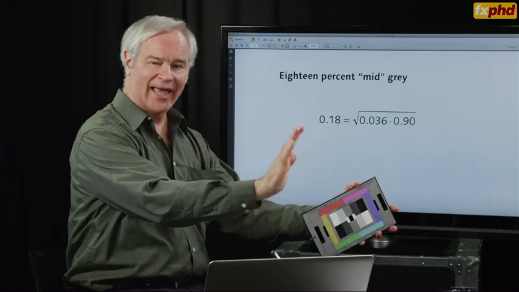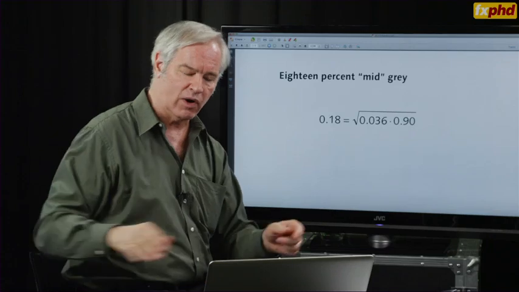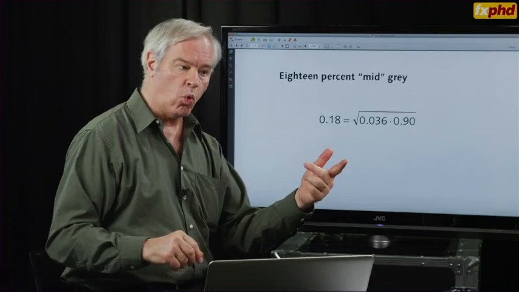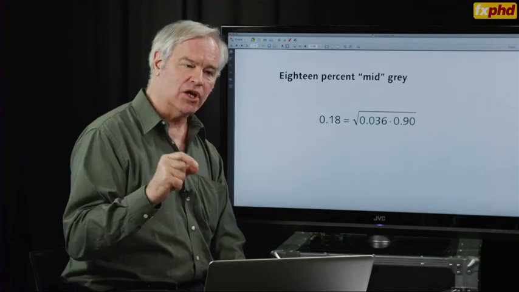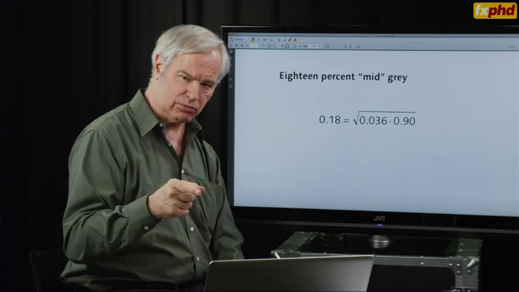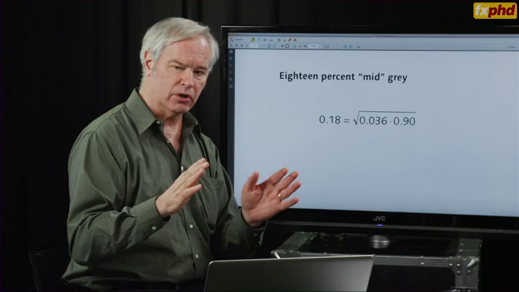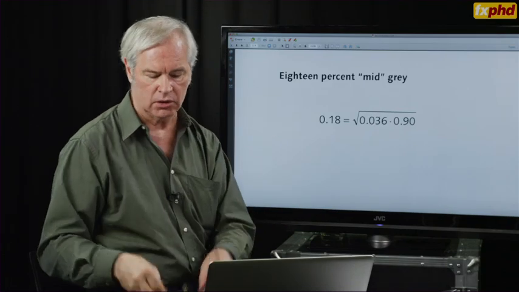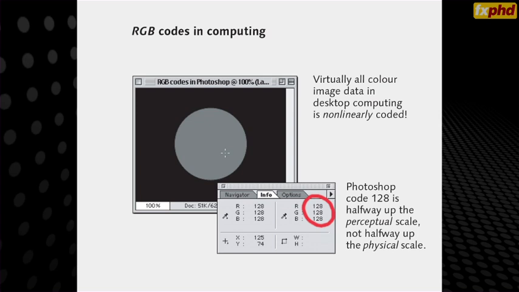However, in the back end of all of our imaging systems on the way into the distribution channel and for display, that 0.18 is mid-gray perceptually. And so in commercial imaging systems, we boost that up to halfway up the scale. And if I can show you one example of that,